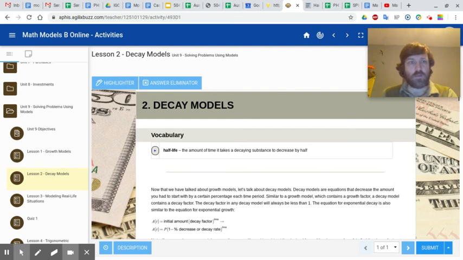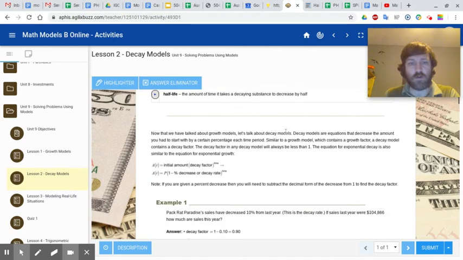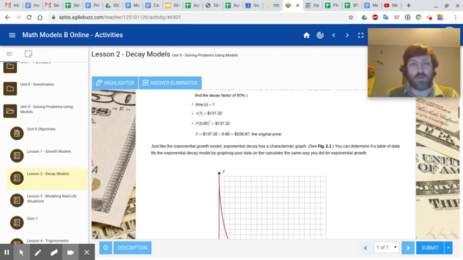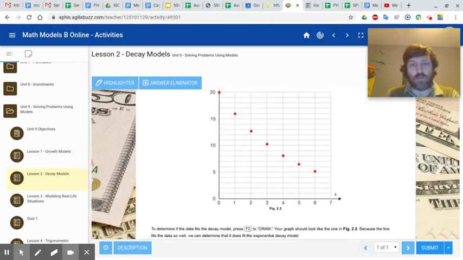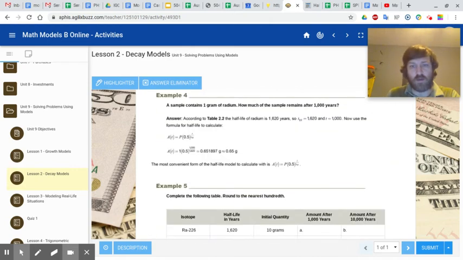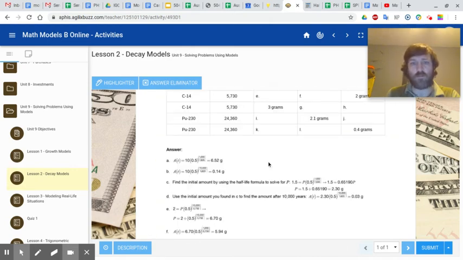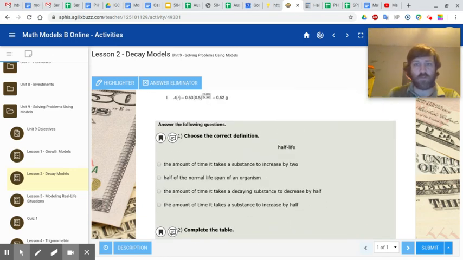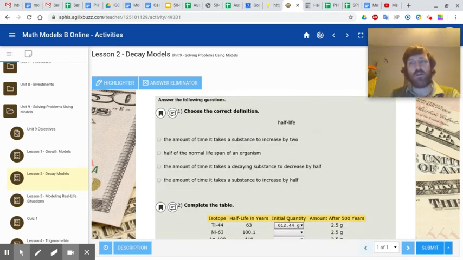All right, this is a Math Models Unit 9, Lesson 2 video on decay models. This lesson really only covers one type of decay model, which is what we call half-life. There's a little bit more about some other things, but the biggest thing they cover here is going to be half-life. So what a half-life is, just as a brief introduction, is when you have a substance that's